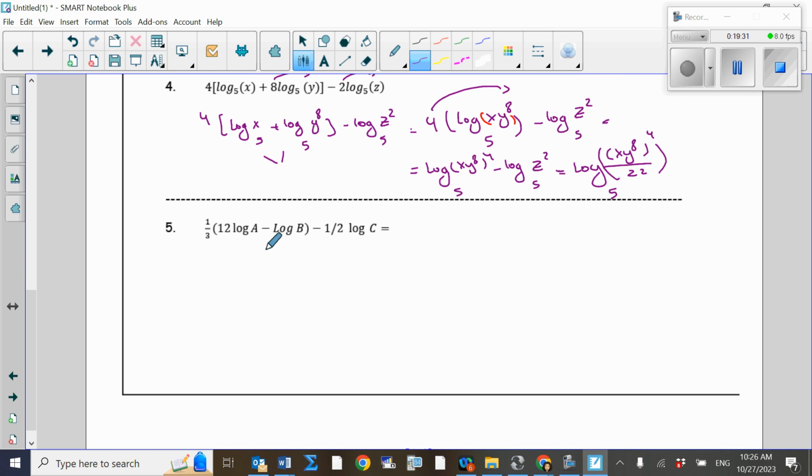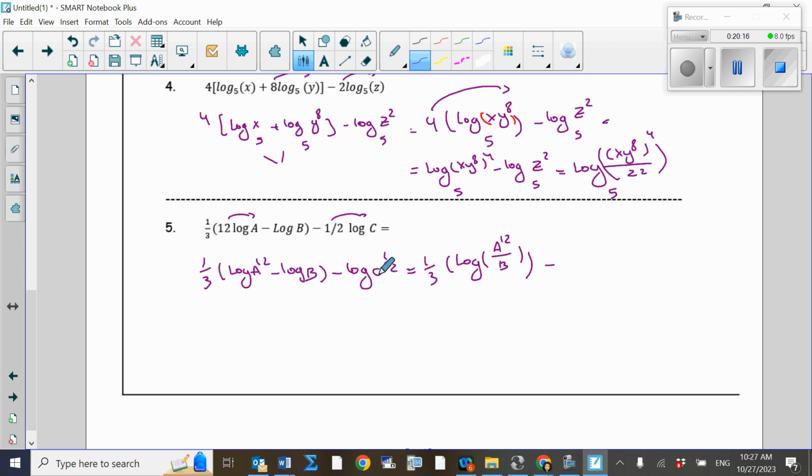Now, the last one, I can do different things about these. I'm going to start with moving the coefficients first. So I have 1 over 3 log of a to the power of 12 minus log of b minus log of c to the power of 1/2. These two can be written as a fraction. So that's 1/3 log of a to the 12 over b